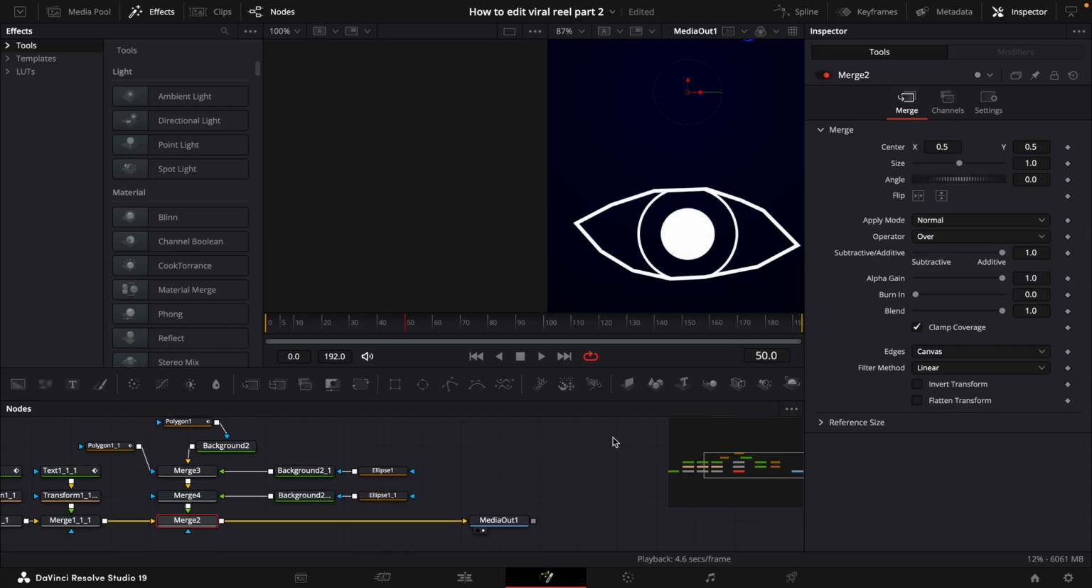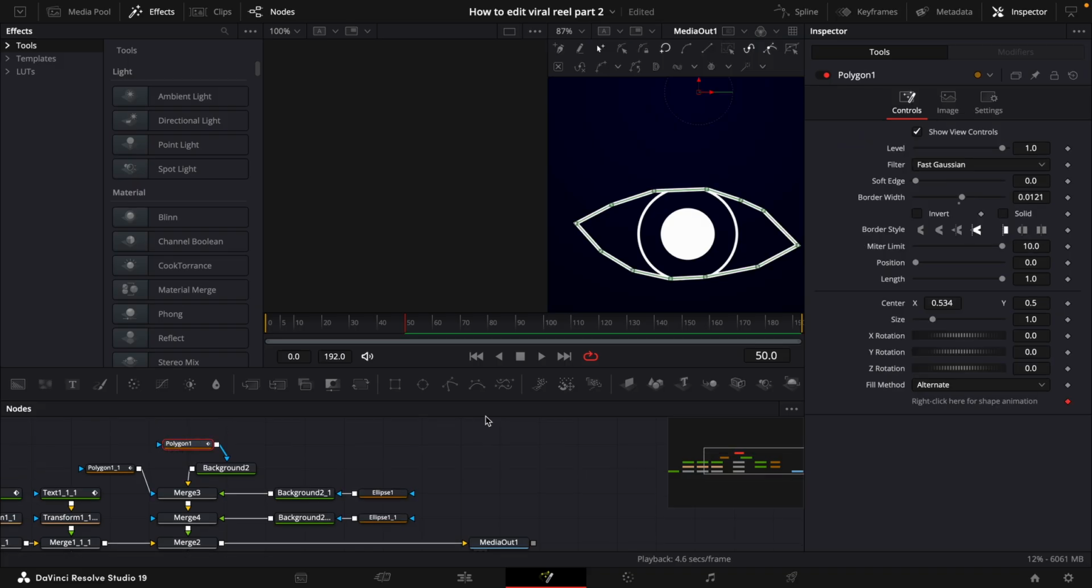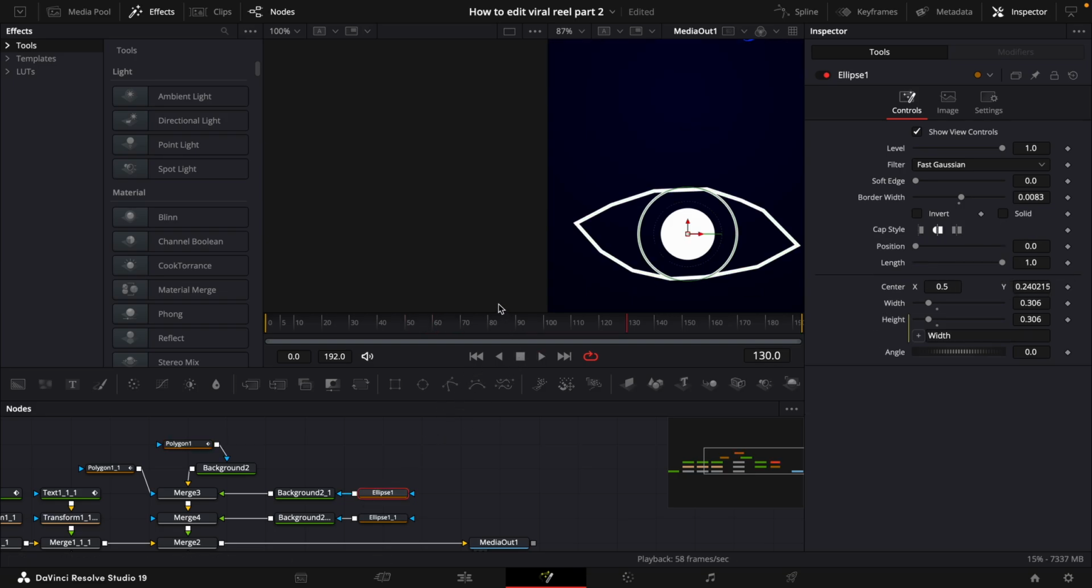We will animate it on now, so go to this polygon here and keyframe the length, and then go 40 frames ahead, keyframe it again, and then go to the first one and drag it down to 0. And then we will do the same for this here, so go to frame 50. Keyframe the length and go to frame 90, keyframe the length again and go to the first one,